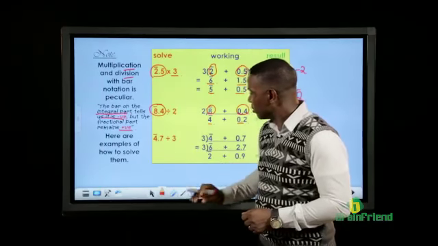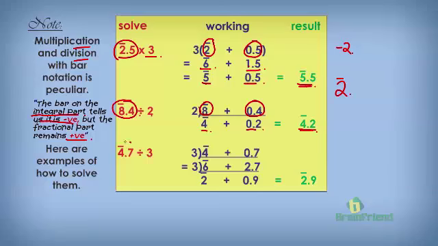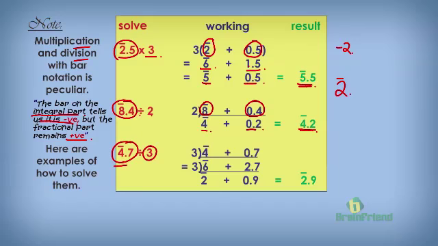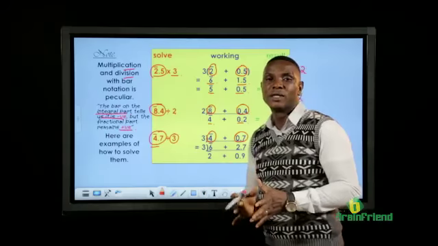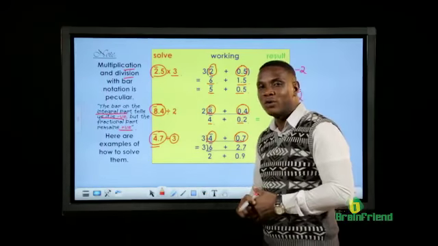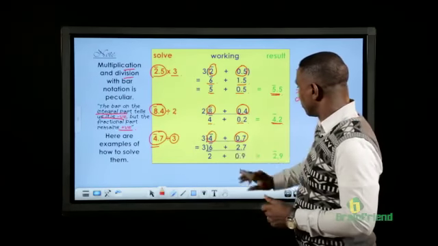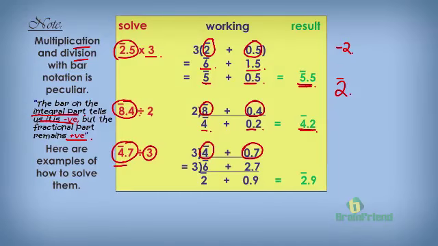Again, let's take a look at another typical and a little more complex example. Bar 4.7 divided by 3. Once again, we'll break this down into its components, the integral and the fractional part. So bar 4 and 0.7 are the components of our number bar 4.7. Let's quickly carry out our operation. 3 in 4 would give us values with remainders, but we do not want a remainder. We want a value that we can divide and get a number without a remainder. So what do we do? Remember, we have bar 4 separate and 0.7 separate. Our bar 4 here, which is the same as negative 4, but of course it affects just the integral,